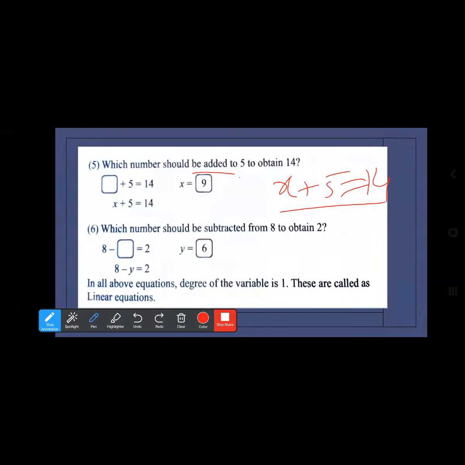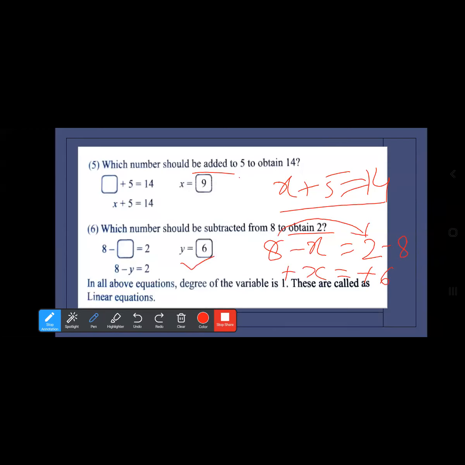Now here, which number should be subtracted from 8? Okay, so 8 minus x is equal to what? 2. Okay, 8 minus x is equal to 2. So the plus 8, when it goes to that side, will be minus 8. So minus x is equal to 2 minus 8, which is minus 6. Minus minus will get cancelled, and what remains is